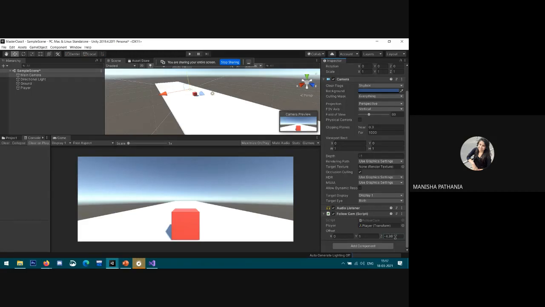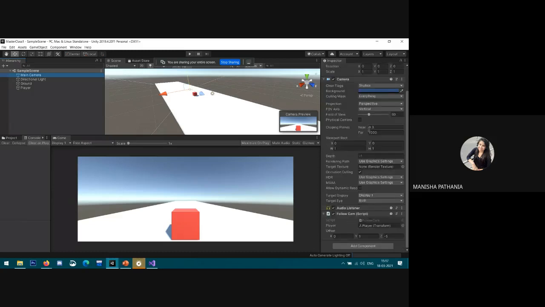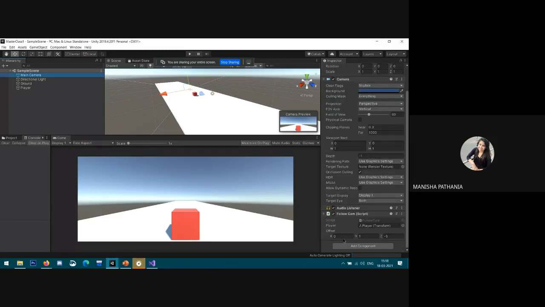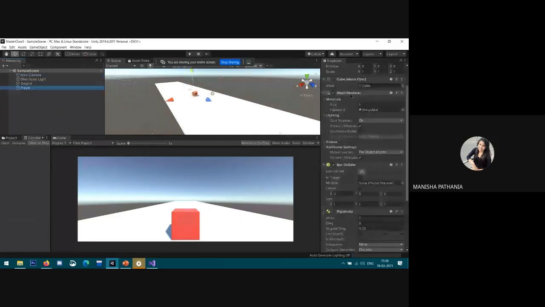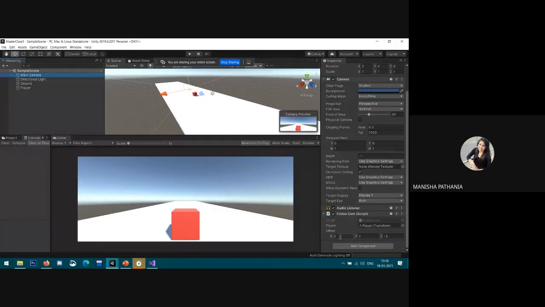You can also give it manually, -5. So what it will do is, this is the main camera transform. Here is 0, so this 0 will add on to this offset x axis 0.